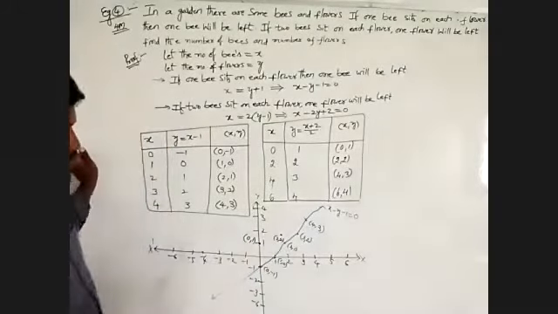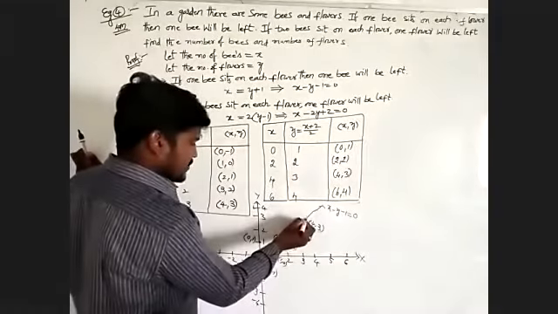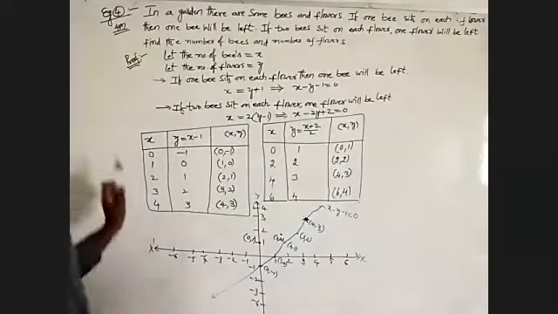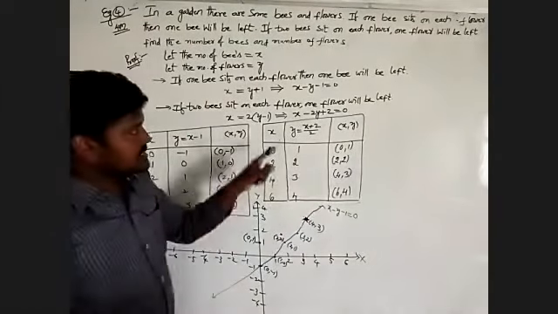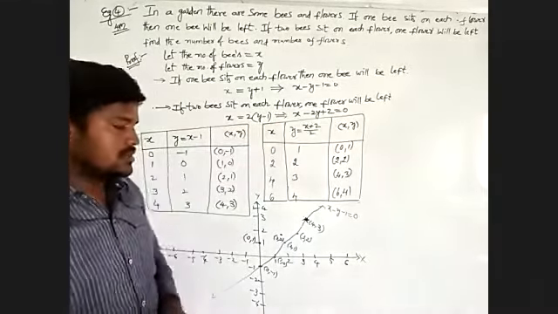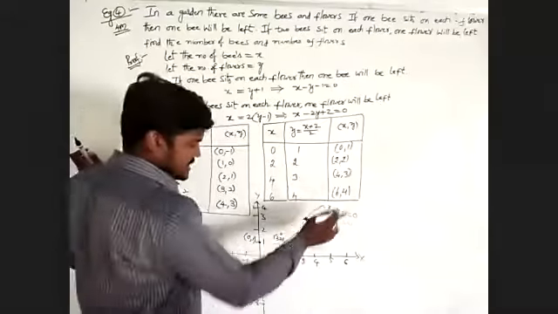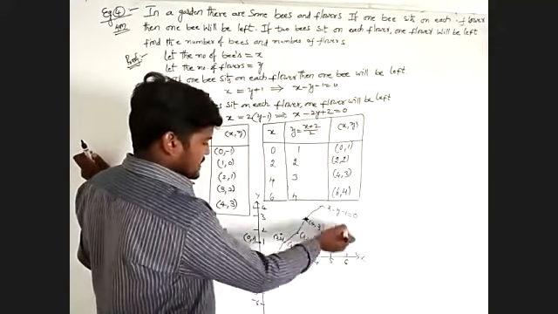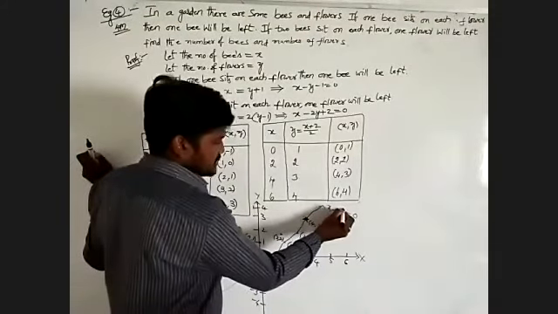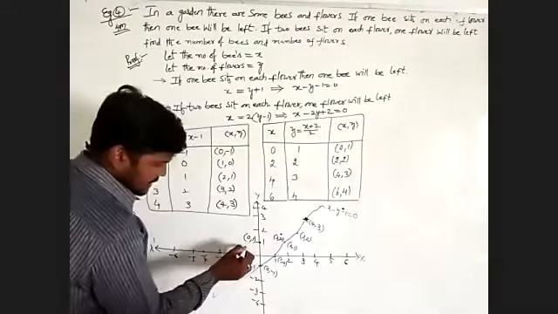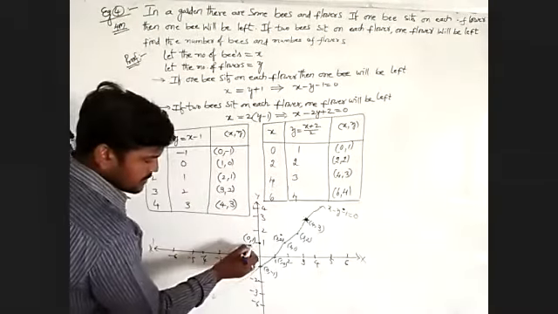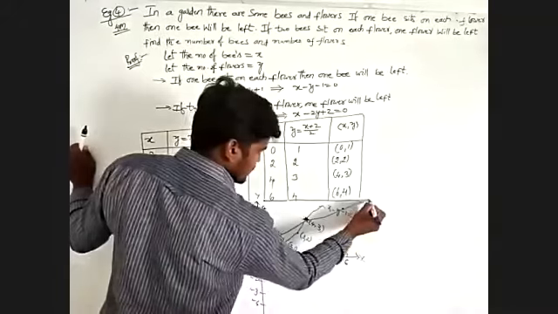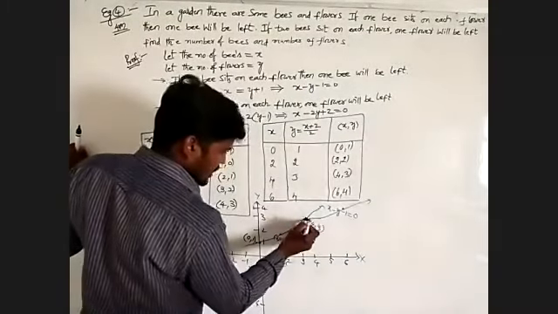Next we take the point 4, 3. This is 4, this is 3, plotted in this place. It is already plotted on the equation x minus y minus 1 equals 0 and also on the second equation x minus 2y plus 2 equals 0. The final one is 6, 4. On the x-axis we take 6, on the y-axis we take 4. This is plotted in this place. That means we have to draw a line. We will observe in this one. We have to draw this line.